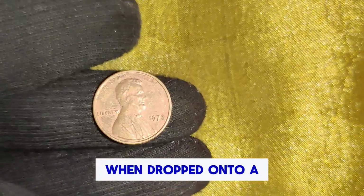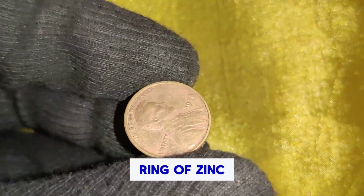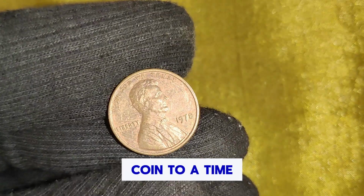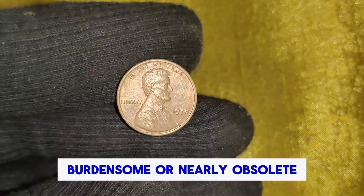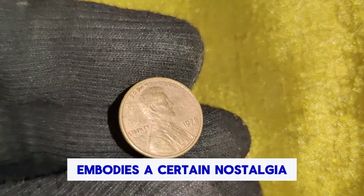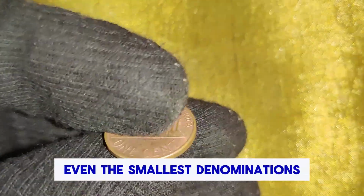The sound they make when dropped onto a hard surface is distinct, a sharper, richer tone than the hollow ring of zinc. For numismatists, these details matter, because they connect the coin to a time when copper was abundant enough to be used in coinage, and when pennies were not yet seen as burdensome or nearly obsolete. The 1978 cent, therefore, embodies a certain nostalgia, reminding us of a time before economic pressures reshaped even the smallest